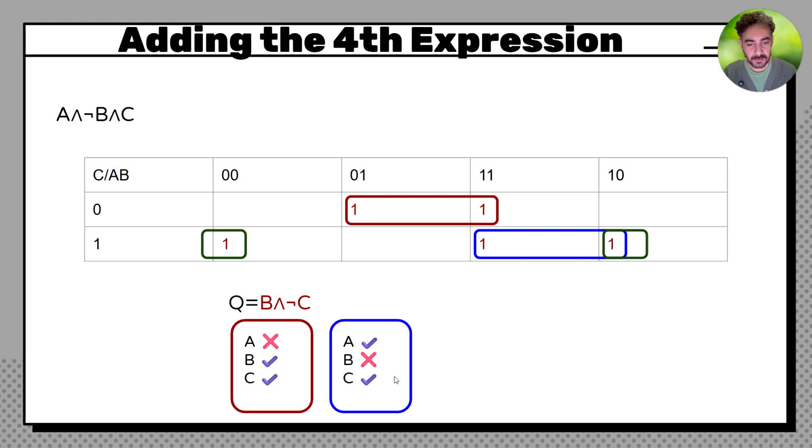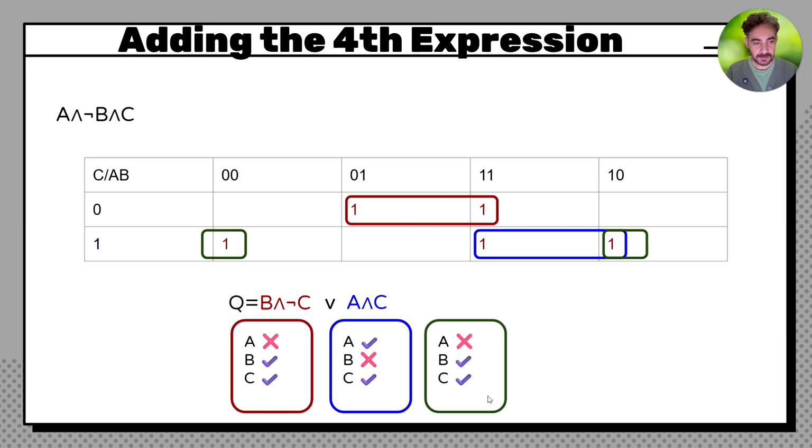Now let's look at the second grouping, which was the blue grouping. And we can see that here, A stays constant. It's 1 in both columns. B is changing between 1 and 0. And C is constant at 1, so it's true. So this part of the equation gets added to our previous one, and then we're left with our last grouping,